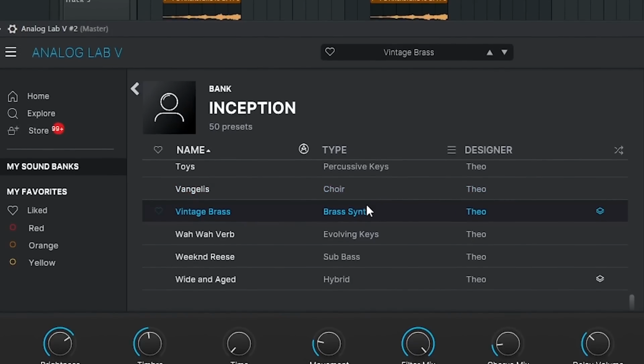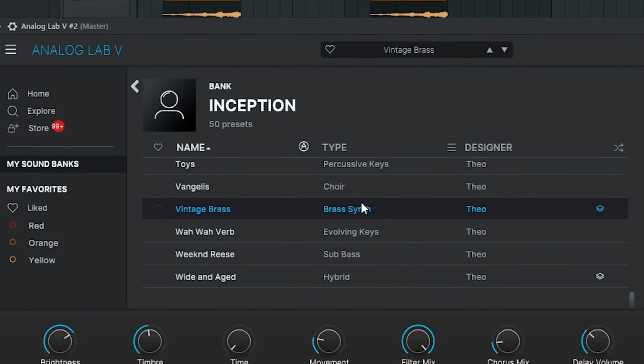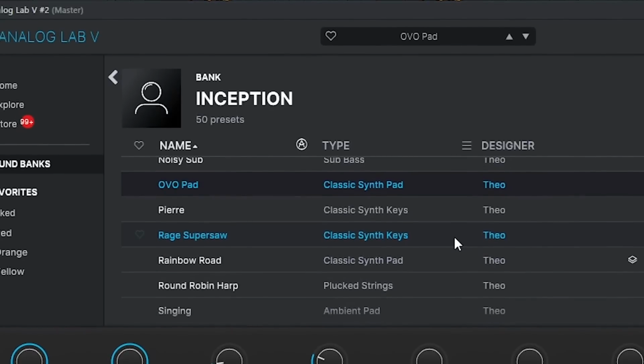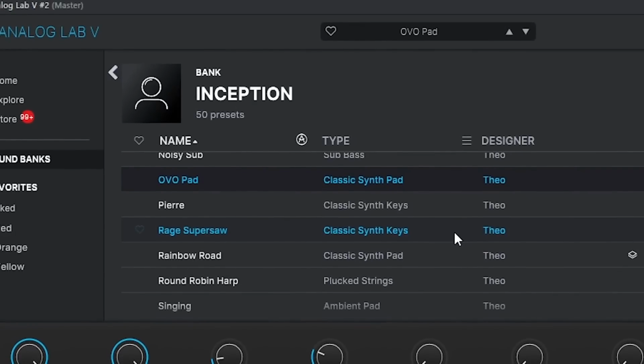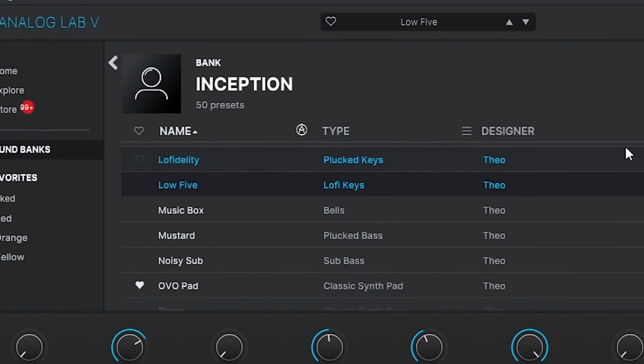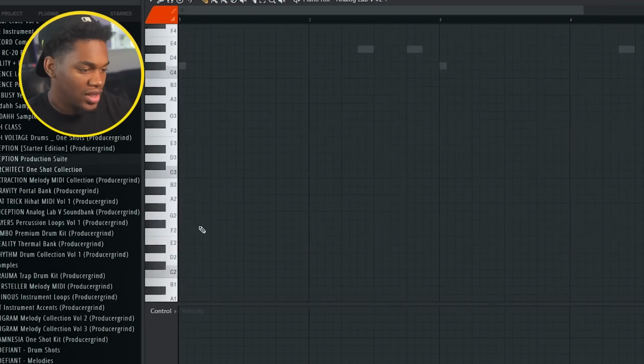Fire Reese bass, I'm not gonna lie. Little brass synth, you know, make some wheezy brass type melodies, Baby King melodies. Definitely like this one. This one got some lo-fi keys in it, so I'm gonna just layer the bass note